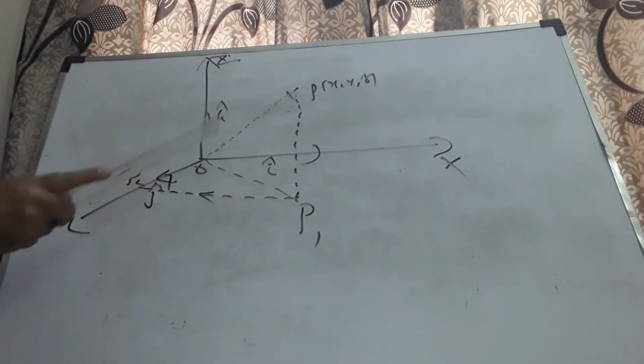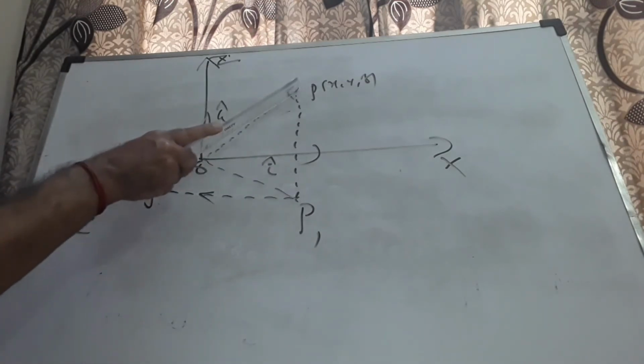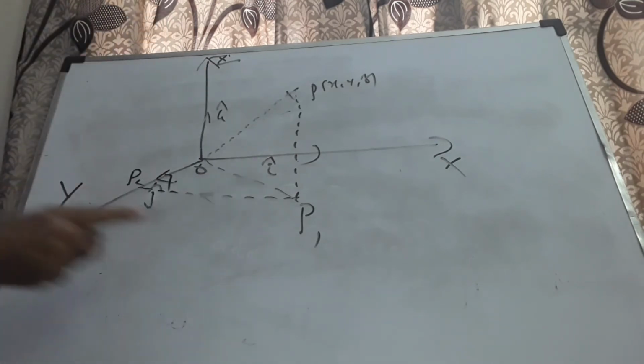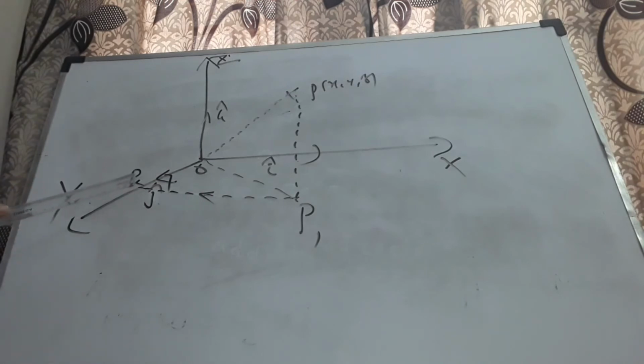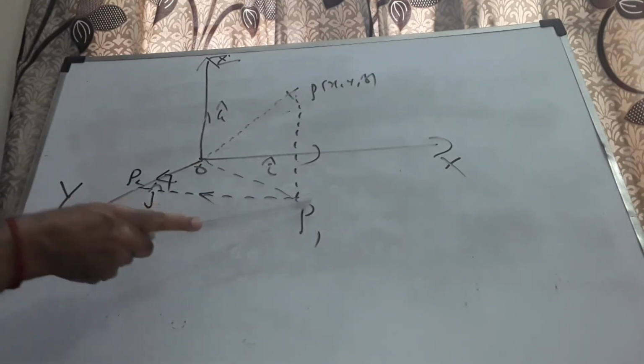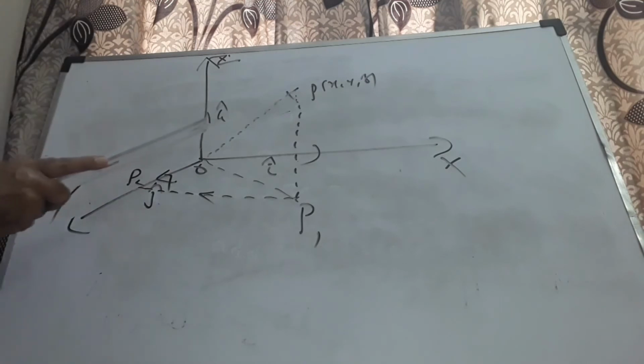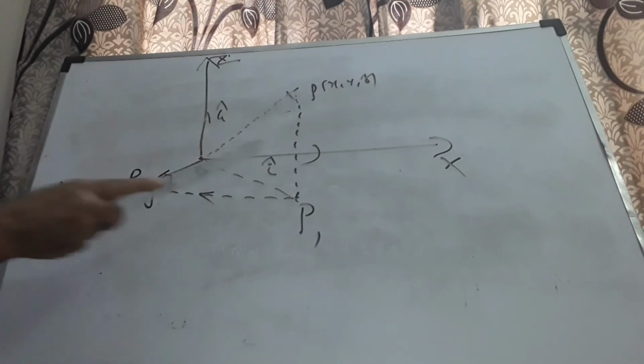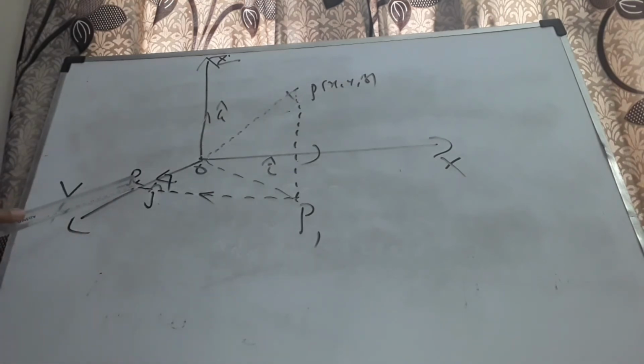The OP vector can be written as OP1 vector plus P1P vector. This was explained in the room atmosphere earlier. This can again be written as OP2 vector plus P2P1 vector. This length is the y value, y into j cap, plus x into i cap plus z into k cap. Let me repeat. The OP vector can be written as OP1 vector plus P1P vector by the triangle law of addition, and again as OP2 vector plus P2P1 vector plus P1P vector.